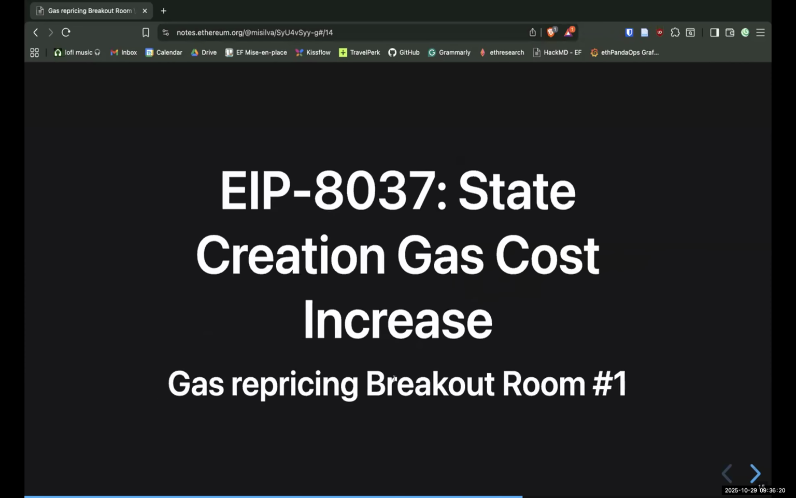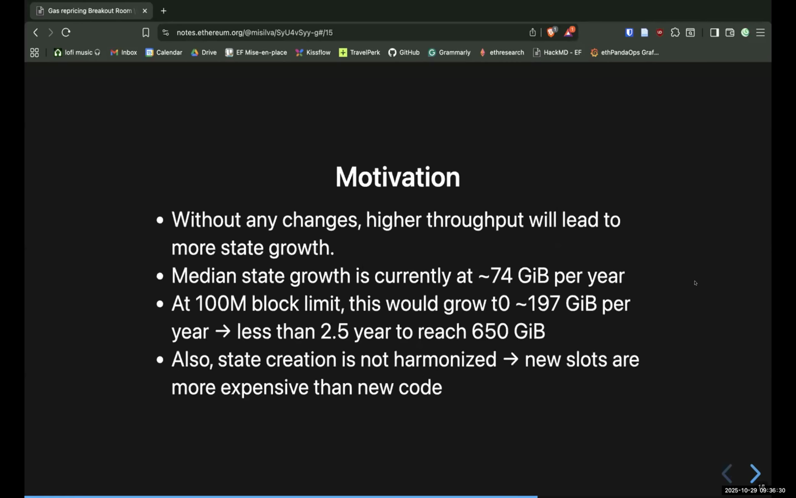So now it's me again. I'll be presenting two EIPs. So I'll just share my screen again. Okay. So this one is the state creation harmonization. So essentially the motivation is, I think I explained this a little bit before, but if we don't change